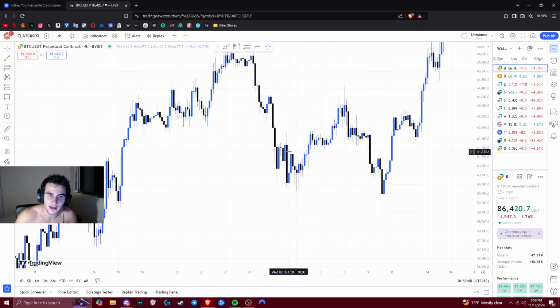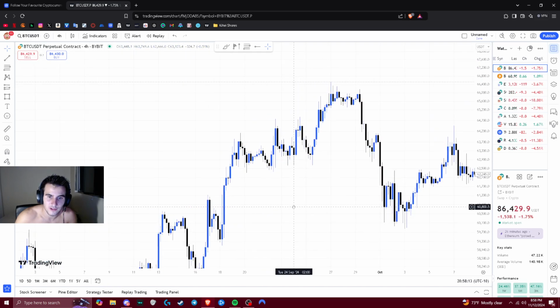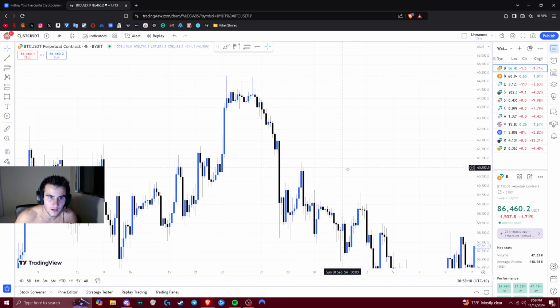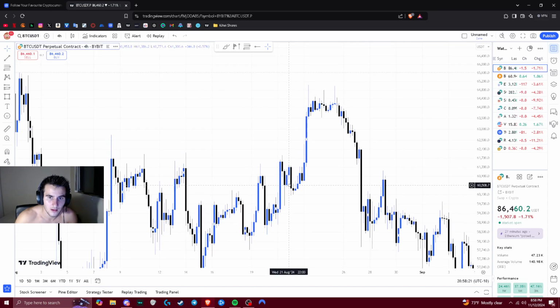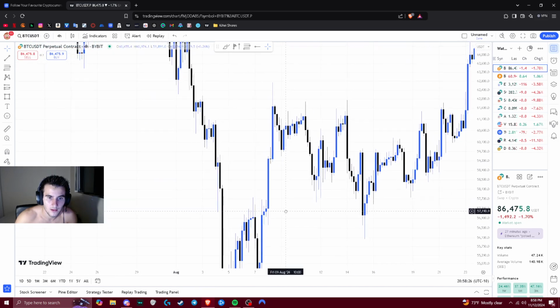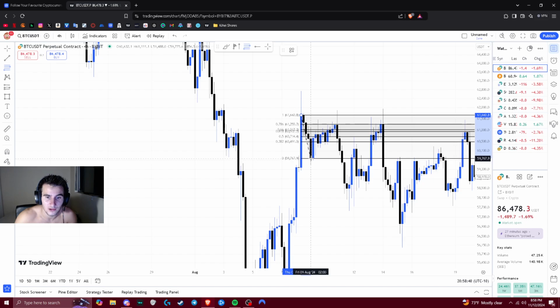Now let's take a look at a bearish example. So let me just find one. Alrighty. Okay, yeah, found one. So we have a liquidity grab here. This is a bearish liquidity grab, so we take our fib from, now this is a bearish example, we take it from the local high to the local low, and then we would use